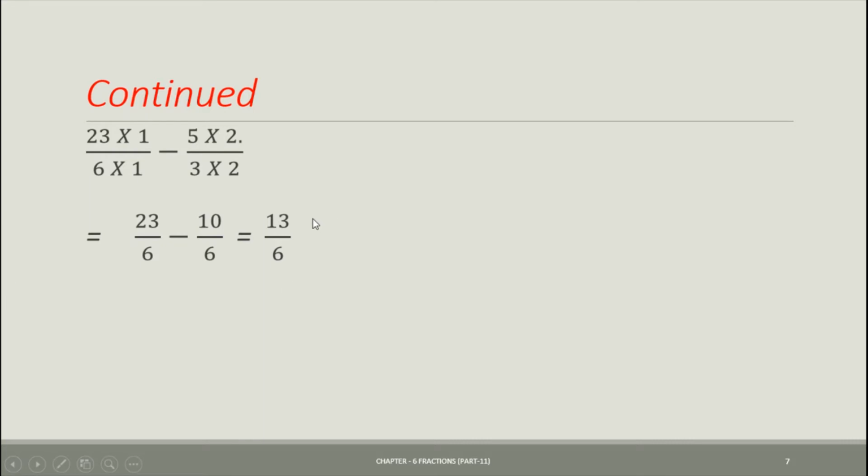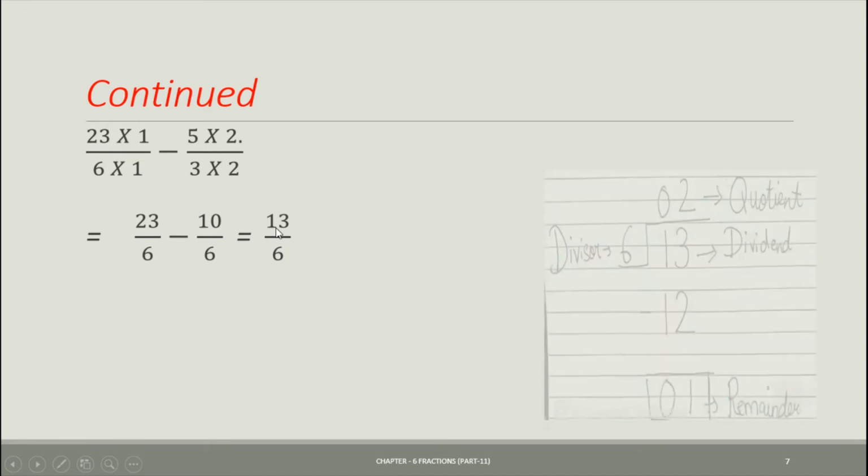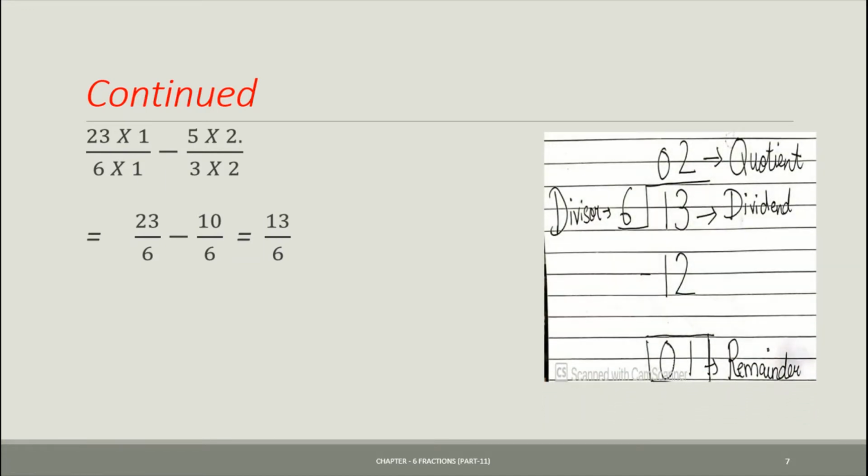Okay, since we know that 13 by 6 is in the lowest form, we have to convert this into the mixed fraction. So for that, what we have to do, we have to divide numerator by denominator. So when we divide 13 by 6, we will get quotient as 2 and remainder as 1. And we can easily convert this improper fraction to mixed fraction by this formula, that is Q R by D. Q is quotient, R is remainder, and D is divisor, which is our denominator itself. Okay, so what is quotient? Quotient is 2. So we'll put it over here. What is remainder? 1. So 1 we will put in the numerator by divisor, that is denominator itself, that is 6.